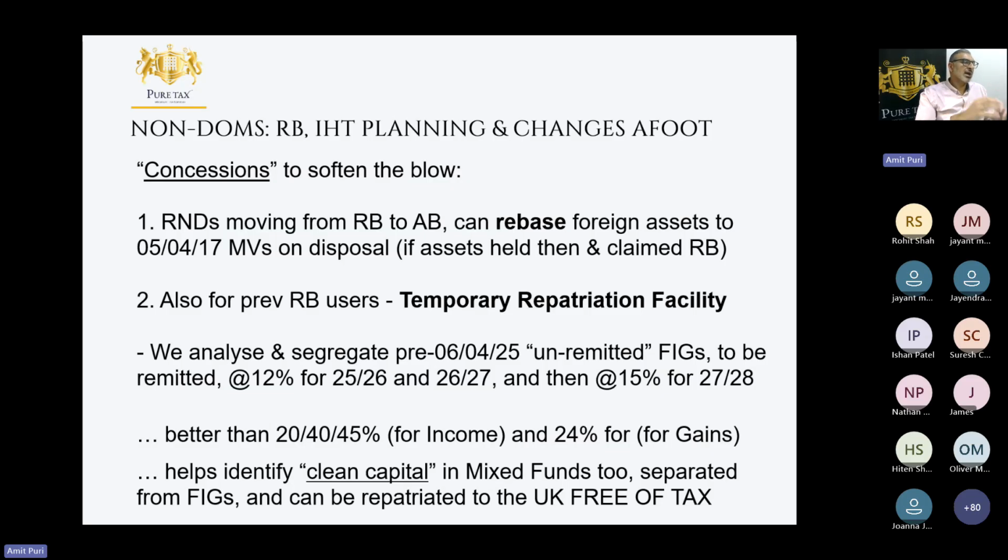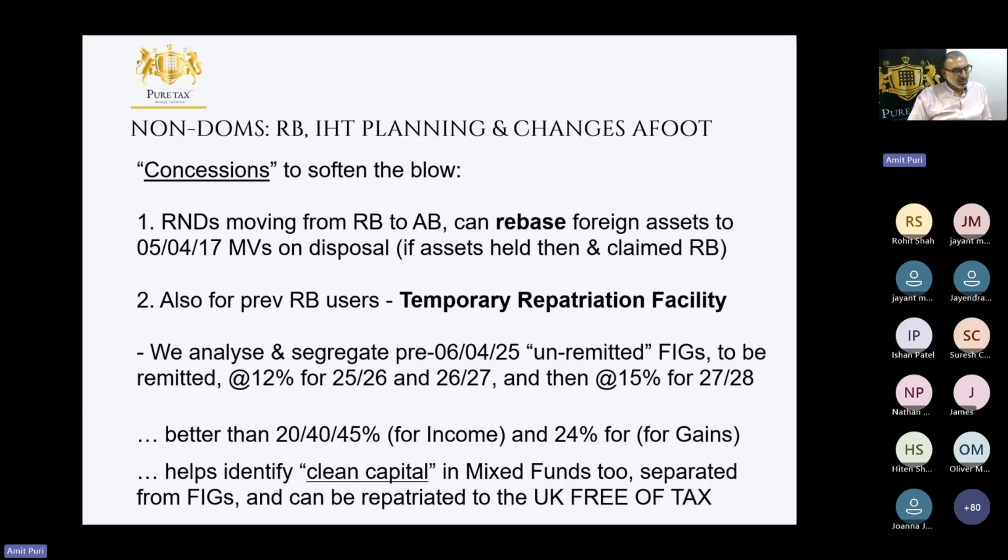They might just want to have the comfort of knowing that they've paid very little tax on it, but they might bring it in 5 years' time, 10 years' time, because you can defer it. So this process is called the Temporary Repatriation Facility. What HMRC are saying, in a way, is you can go and analyze mixed funds and analyze your offshore funds, for example, and wherever you find foreign income and gains, over the next 2 years, if you nominate that under the TRF facility, the tax will only be 12%, and you can bring it here to the UK and use it. Or you can pay the 12% and you can bring it in the future. But at least you secure it, pay the 12%, and then you can bring it immediately or defer it.